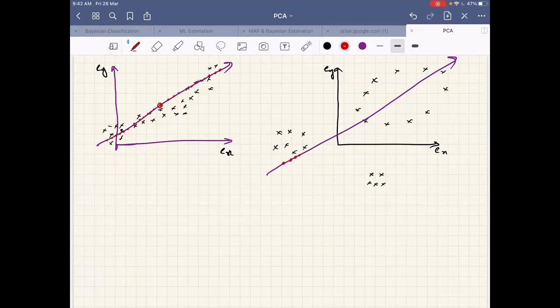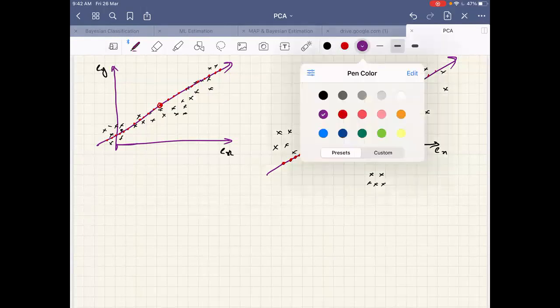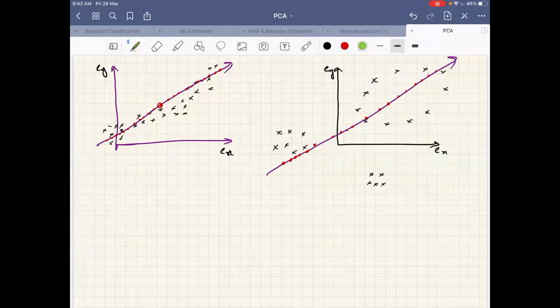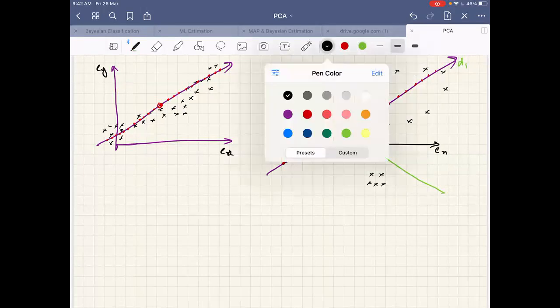So here, again, these are the samples. See, instead, if I take the projection on the other direction, assume that I want to project onto, this is the direction of maximum spread, higher spread. Instead of this, assume that I want to project onto another direction. Okay, which direction do you suggest? Any other direction is fine. Okay, let me put this direction. So this is direction 1, and this is direction 2. I want to project on this direction. What may happen in this case?